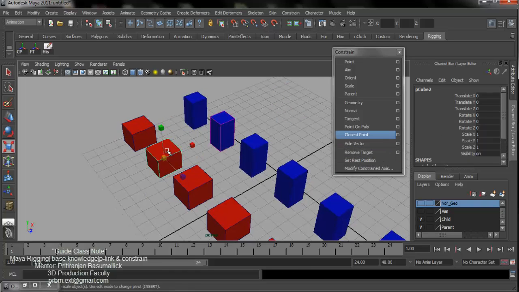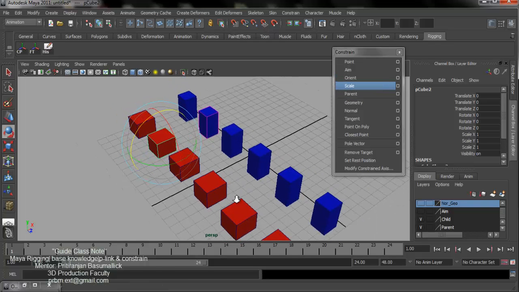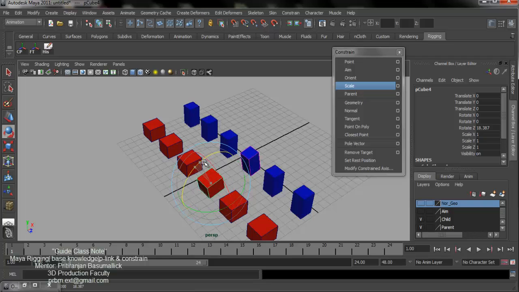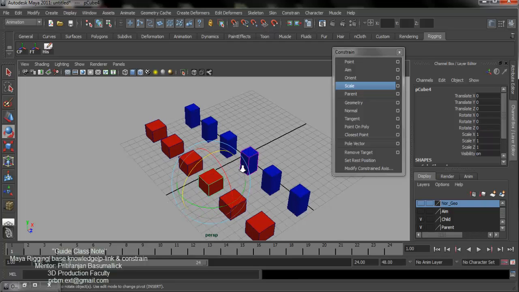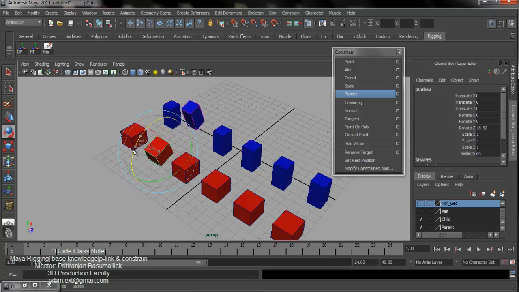Okay, so now when I rotate it, my child object also rotates, but the orient constant and parent constant have a difference. Actually, what is the difference? When I select my object with the orient constant of the parent object and rotate it, my child object rotates, but according to its own pivot point. But when I build a relationship through the parent constant and rotate, the child object behaves differently and rotates according to my parent pivot point, the center point.